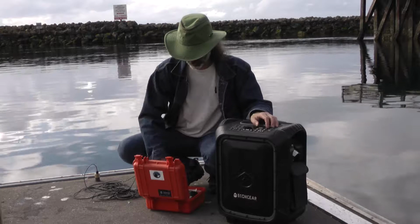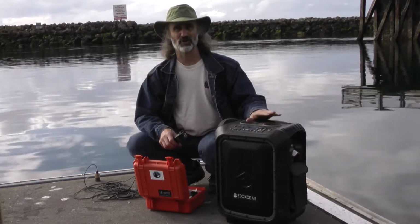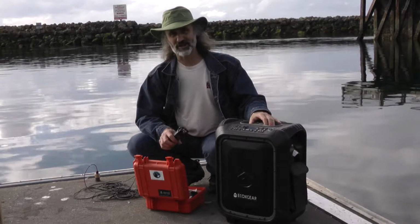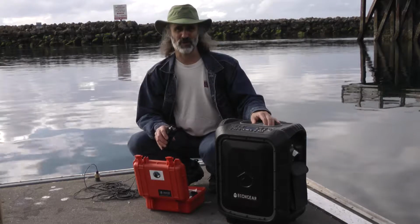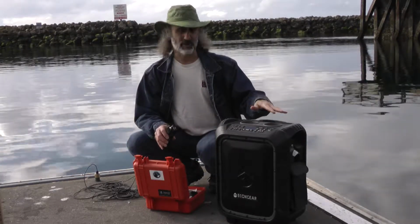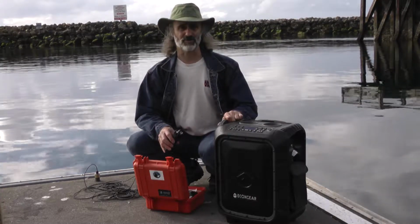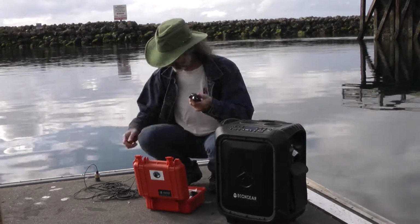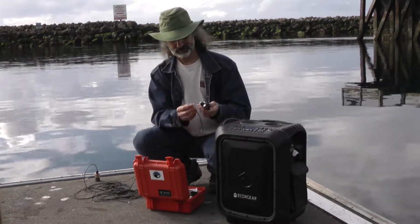Okay, today I'm going to show how to use the SQ26-H1 hydrophone system with the EcoBoulder speaker. We've already shown how to set everything up with the small speaker that comes with the SQ26-H1. This is just if you want a bigger sound, or you have a larger vessel and need a bigger speaker. So same as before, you connect the hydrophone to the recorder